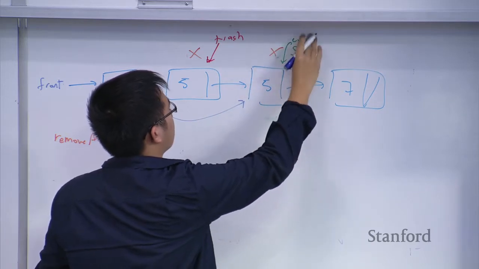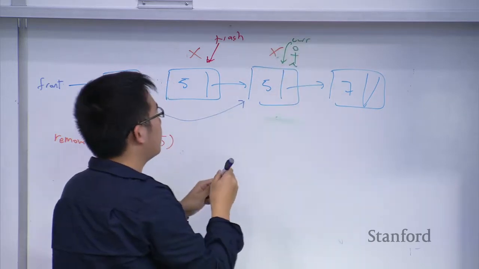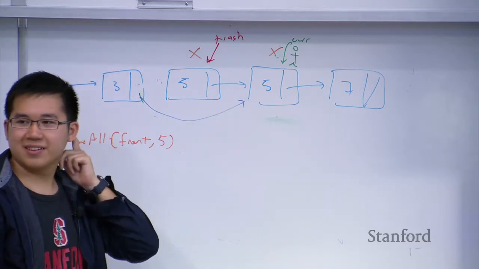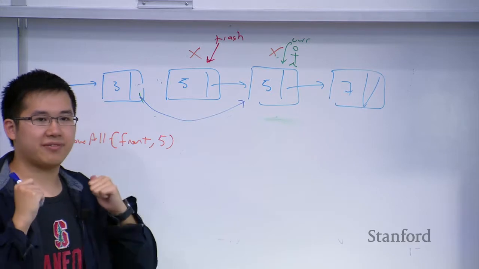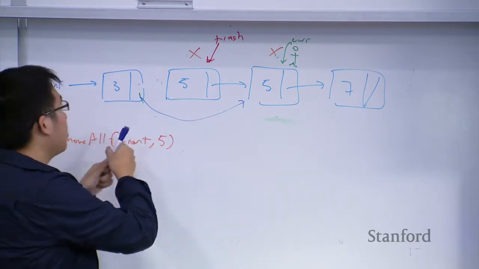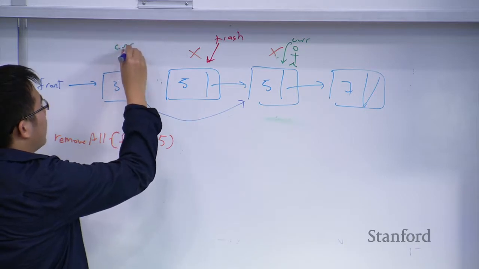If we moved cur, then notice what happened, right? We never got a chance to actually delete 5. The pointer has to be standing on the previous one. So it's not in all cases we should move cur forward. We should only move cur forward when,